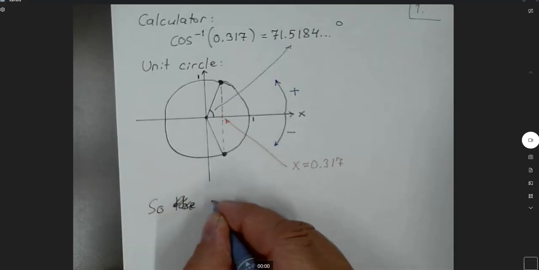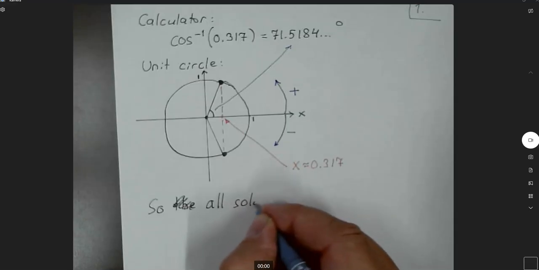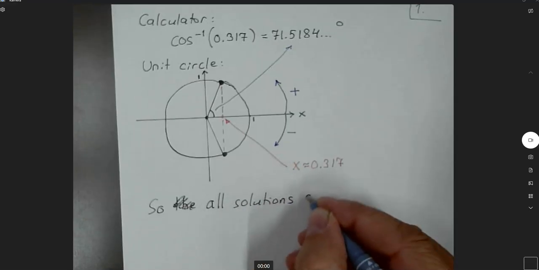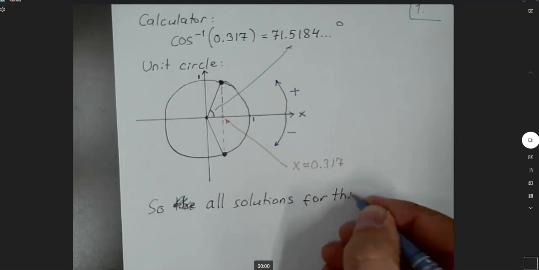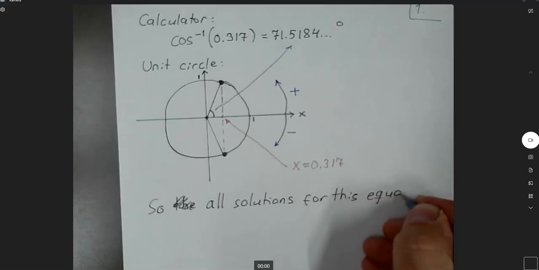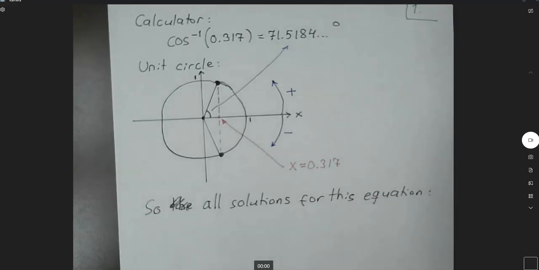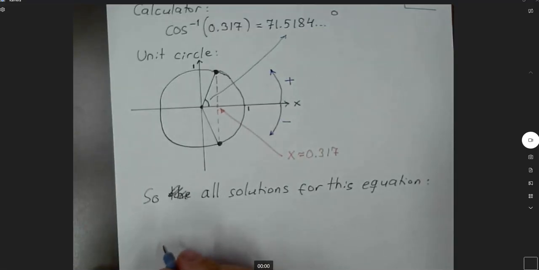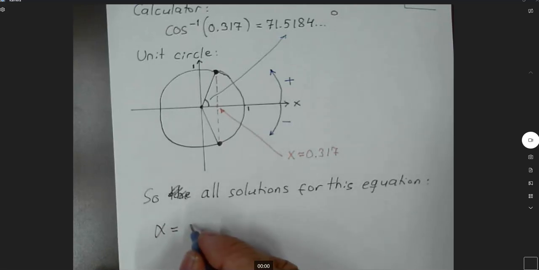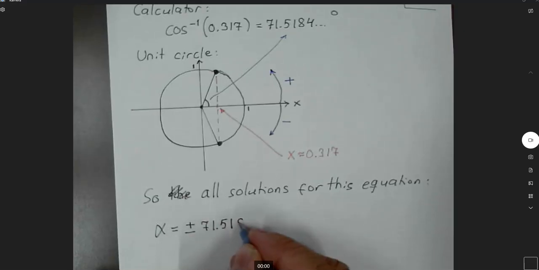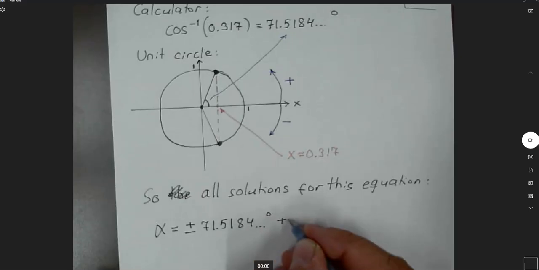So all solutions for this equation is alpha equals plus or minus 71.5184 degrees plus,